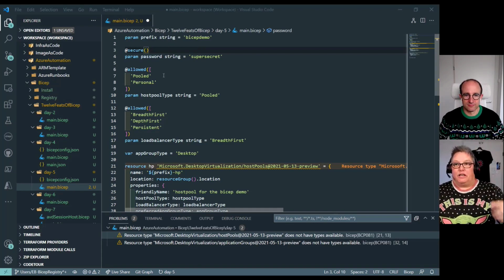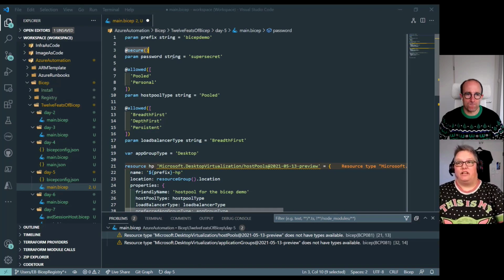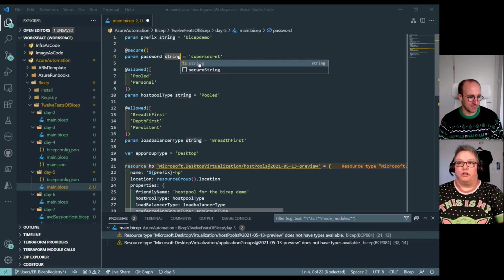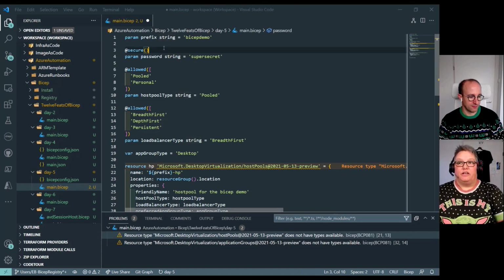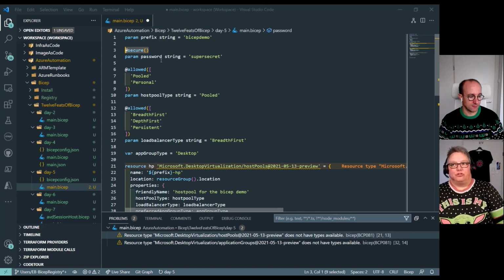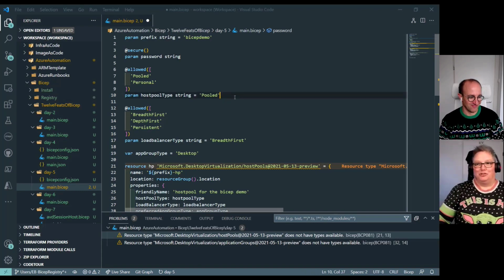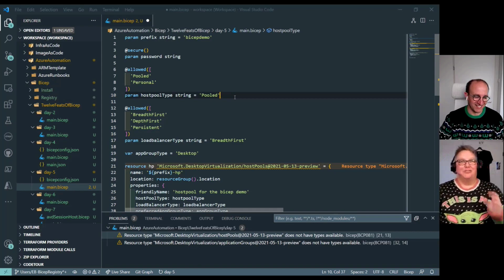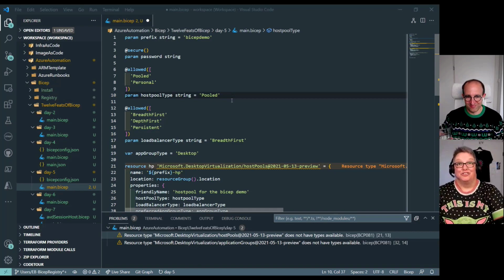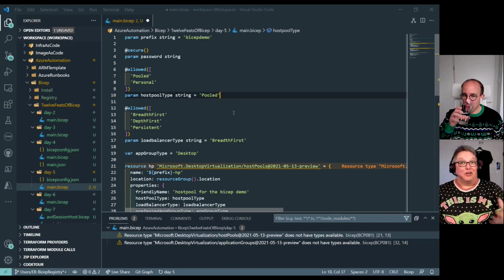Starting with the @secure decorator, this ensures that Bicep understands this is a secure string. So I don't have to make this a type of secure string; I'm using the decorator to make it easier. And of course, that super secret password, we had better remove that one to be a bit more secure and to make sure that we're not giving away all the secrets out there. And there are other cool